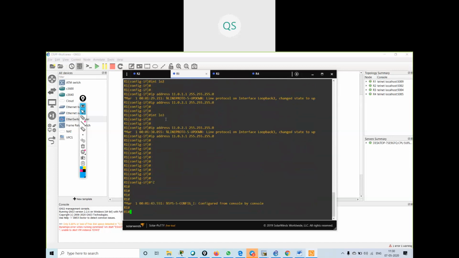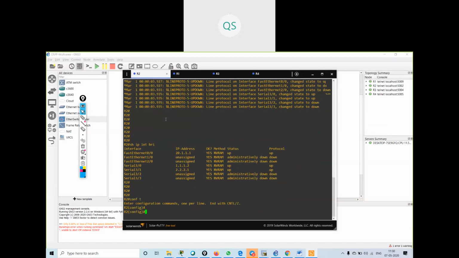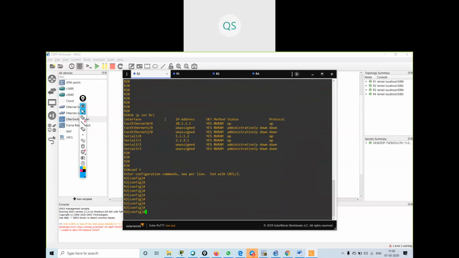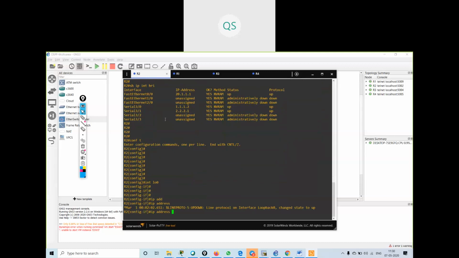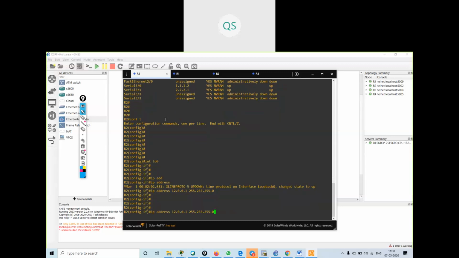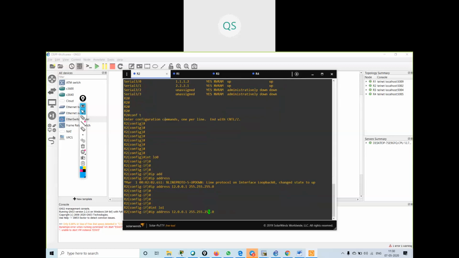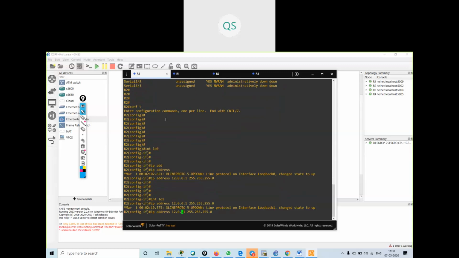I will go on R2 and configure here also. Interface loopback 0, IP address 12.0.0.1, 255.255.255.0. Interface loopback 1, IP address 1.1.